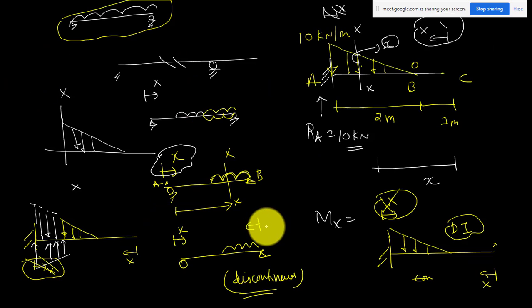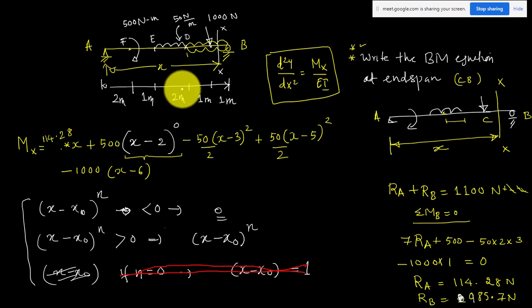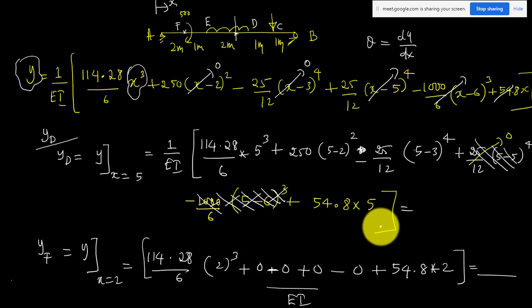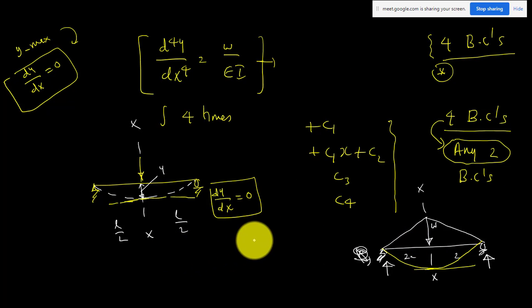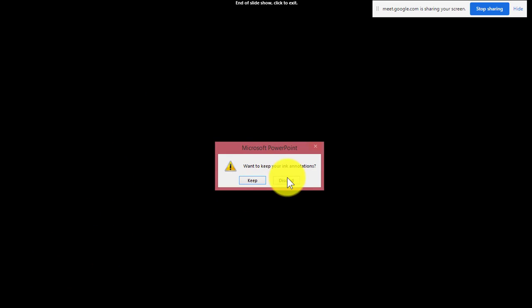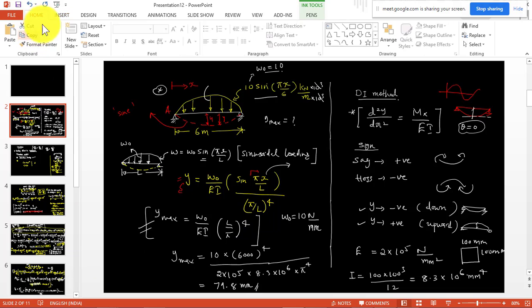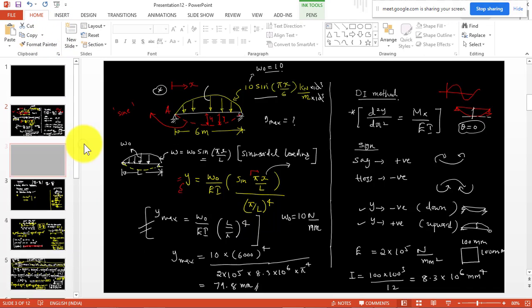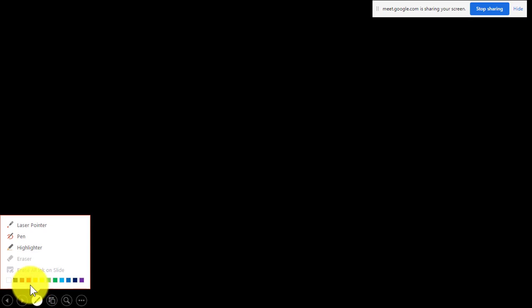For this example, I am again taking the same simply supported beam, but here we don't have a symmetric loading. In case we have a symmetric loading like this or a UDL, so we have a symmetric loading like, okay, just wait once. I will just give it, because this will be useful sometimes. We can solve the problem a little more easily.